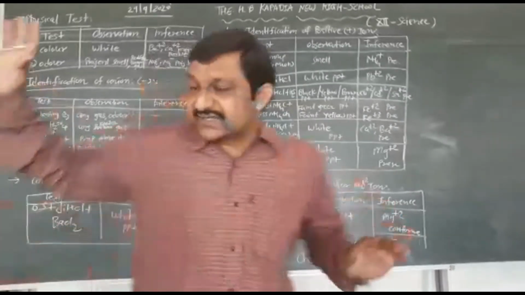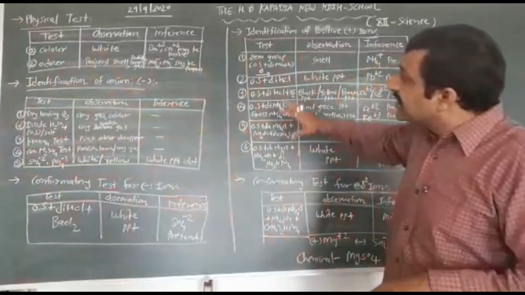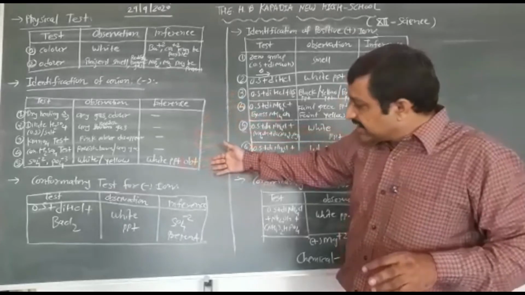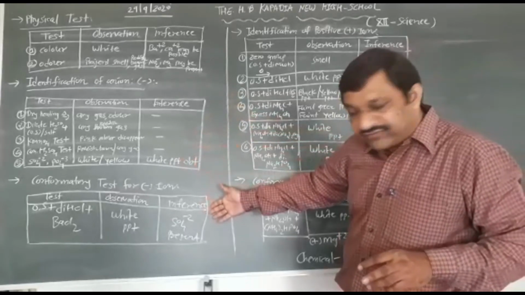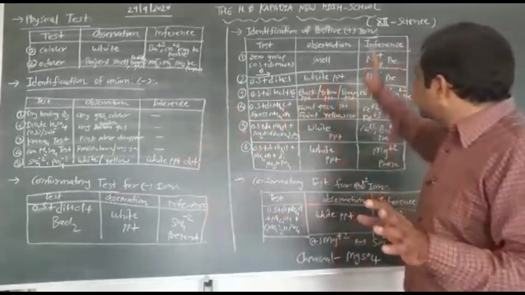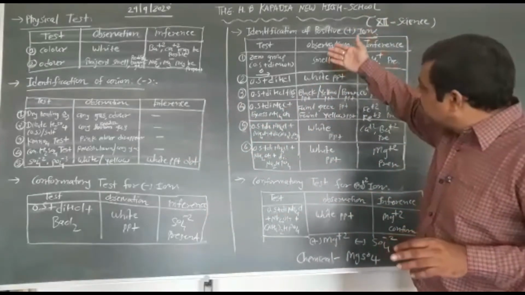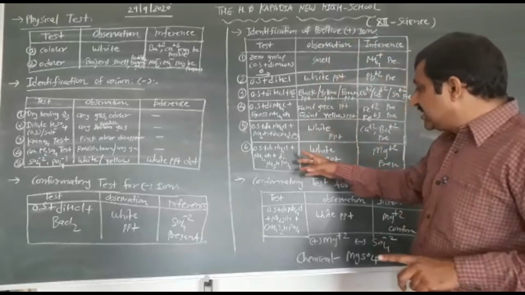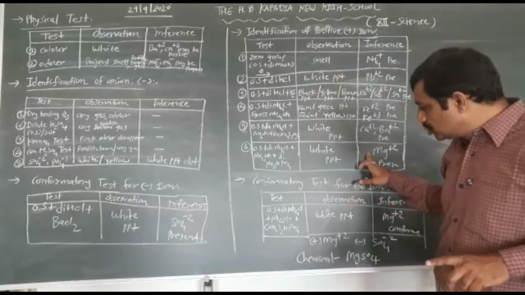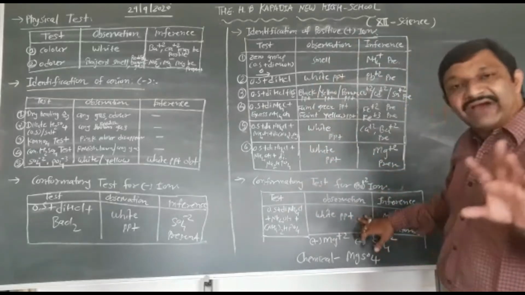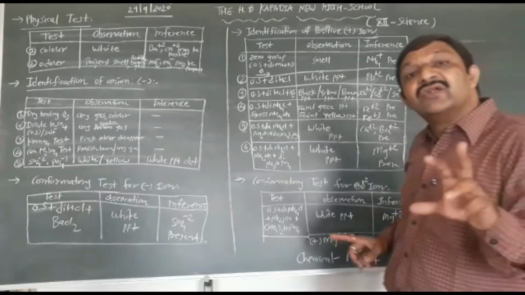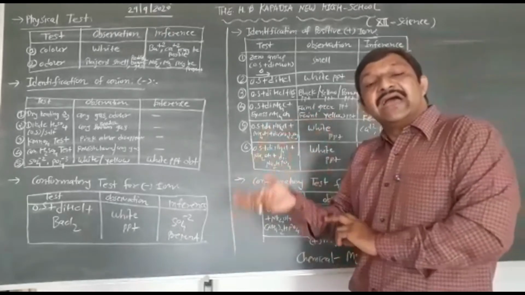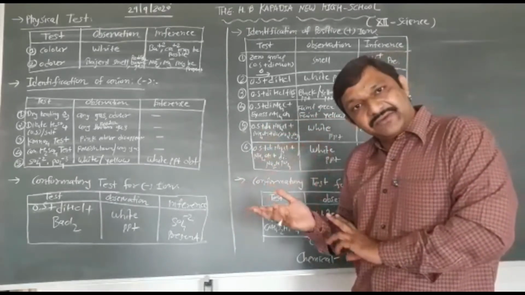Clear? So here is your basic theory. You have to perform the negative ion test first, and you will get the sulfate test. Then perform the confirmatory test for sulfate. After that we perform the group test. In the group test you will get Mg2+ as white precipitates. Then you confirm Mg2+ through the confirmatory test, and you will again get white precipitates. So Mg2+ is the positive ion and SO4 2- is the negative ion.